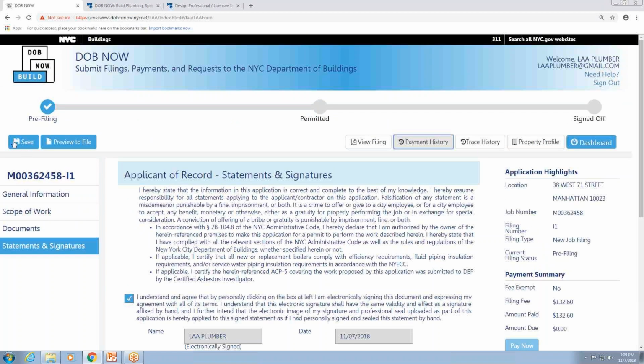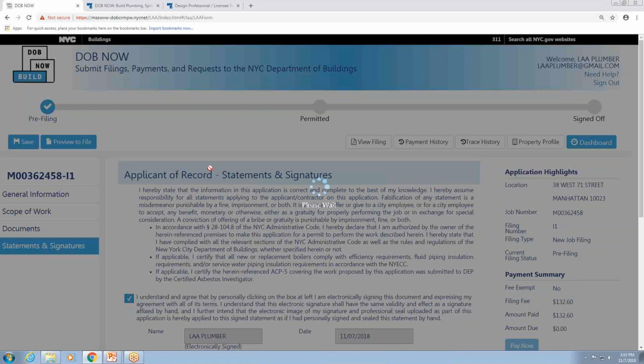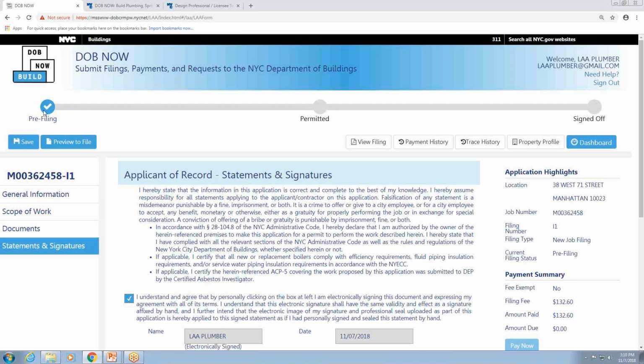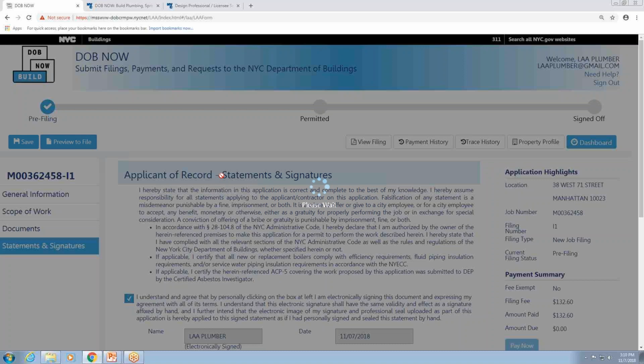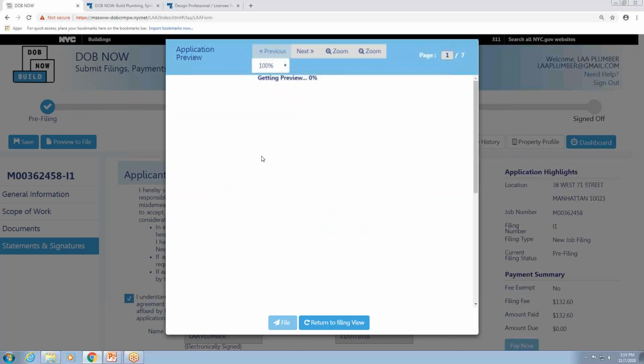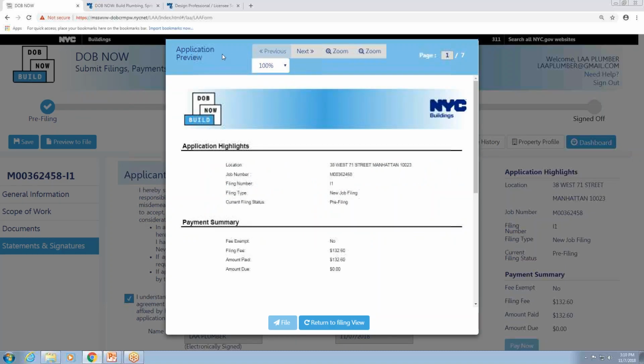And at this point, I can now complete the final steps to update this job filing from pre-filing to permitted, which are to click Preview to File, which brings up an application preview window. Only the applicant of record can do this. So a filing rep can't perform these steps to preview to file, but the applicant will click through, review the information on each page,